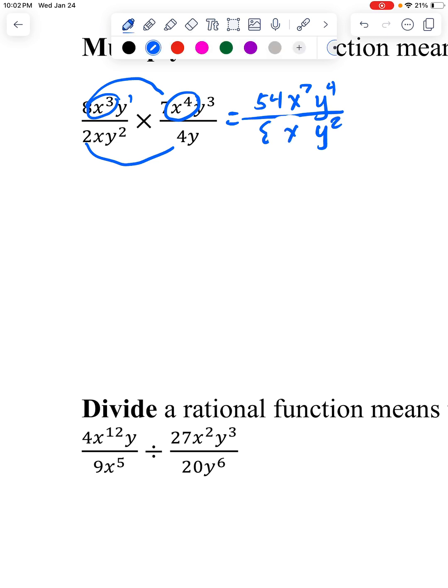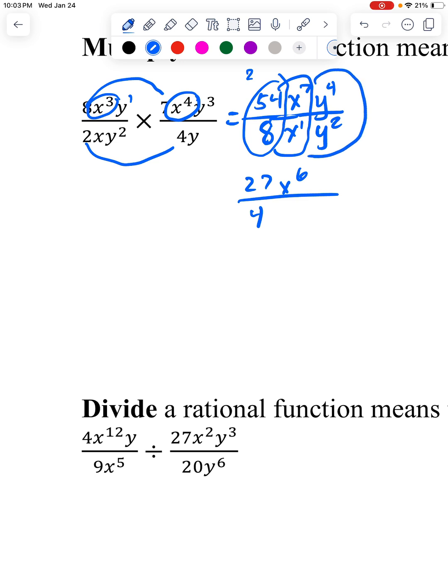Sorry, it made it look like I made a negative x. And then I'm going to do what I did up above. Here, I can take out a 2 and get 27 over 4. Here, I have 7 on the top, 1 on the bottom. That's a difference of 6, and they'll be on the top. Here, I have